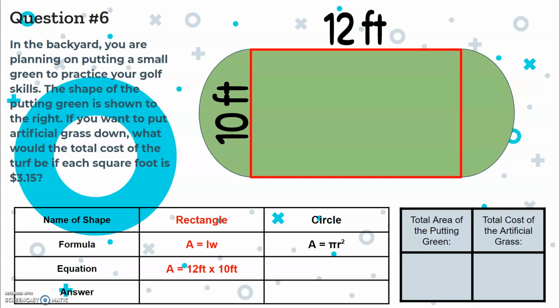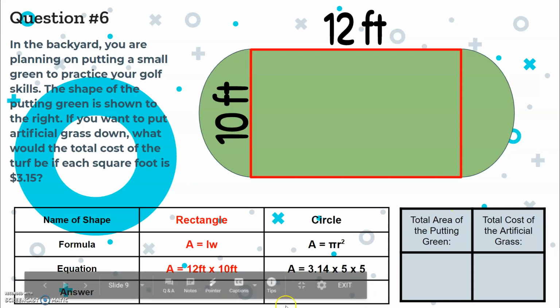Right, good job. So in my equation, I'm going to write area equals 3.14, which is pi, times my radius, which is 5, times my radius again, which is 5. When you have a radius squared, it's the radius times the radius. It's not 5 times 2, because that gives me 10. So what would be the whole point of changing it? So I need to multiply the radius times pi, which is 3.14. Then I take all of that, because I'm multiplying it all together, and I put it in this answer box